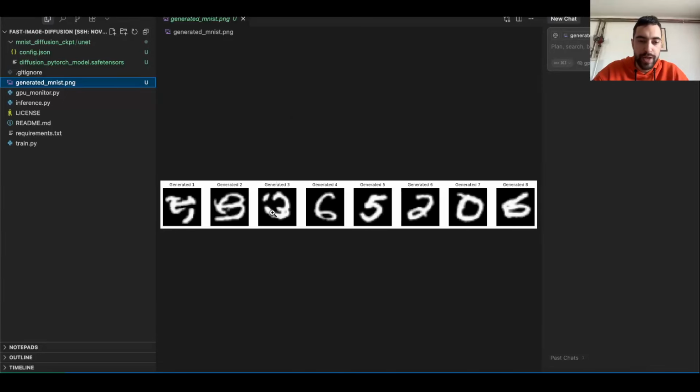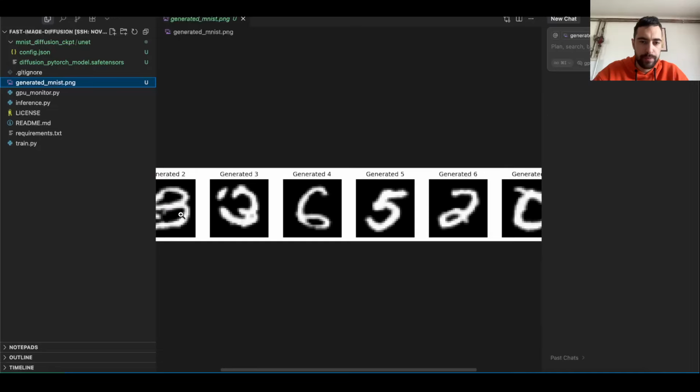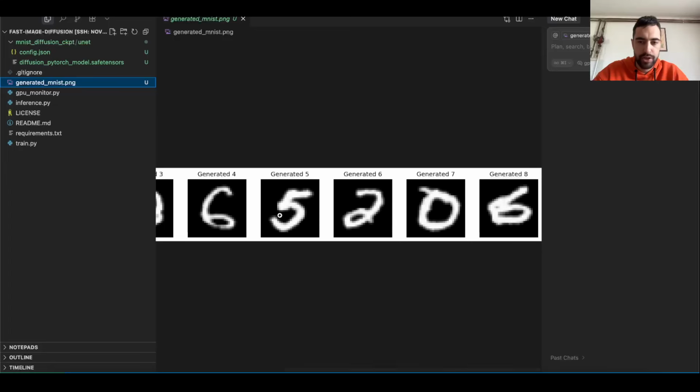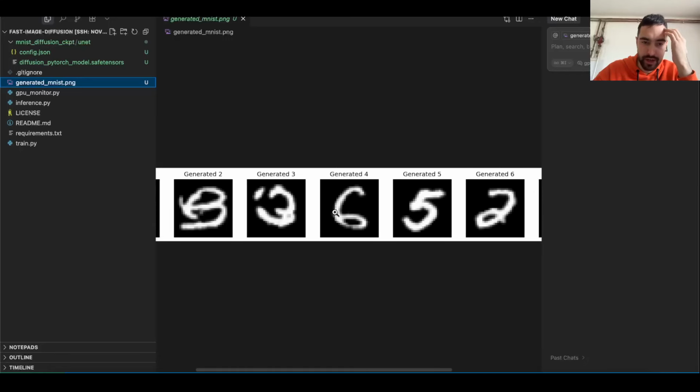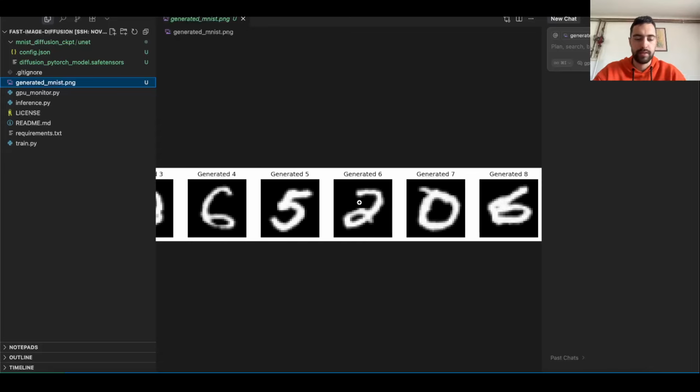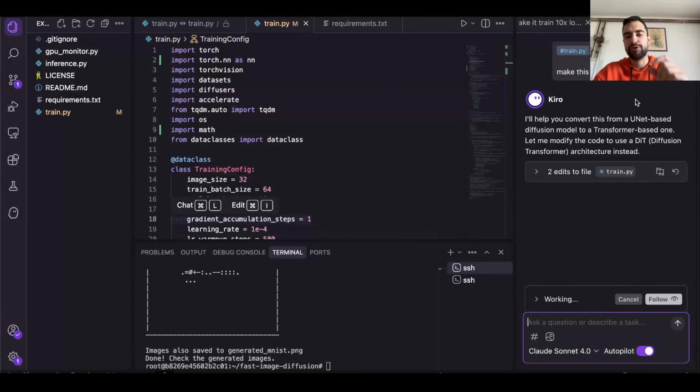Now that we trained it for a lot of epochs, some numbers are actually better looking, but looks like these labels are not even matching. This is 0, this is 6, it says 8, so labels are not matching. But it looks better. Now I want to make it transformer, I want to add muon, I want to probably